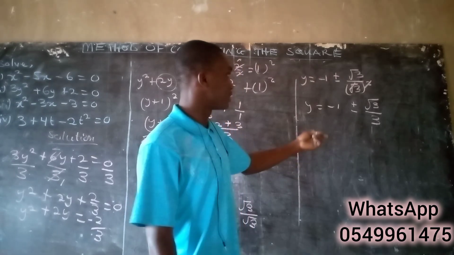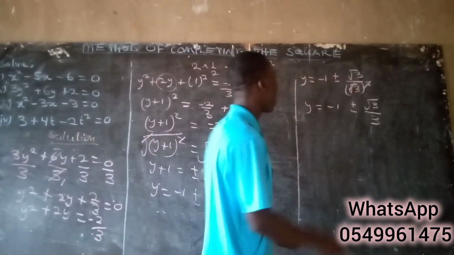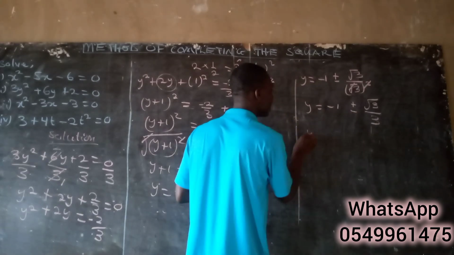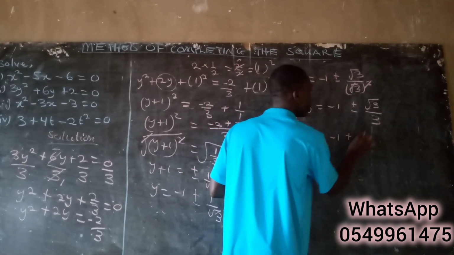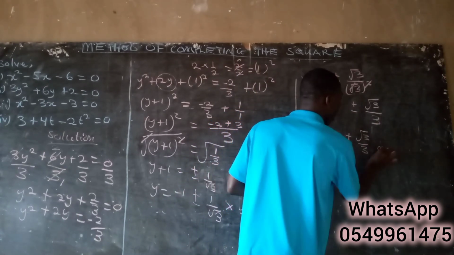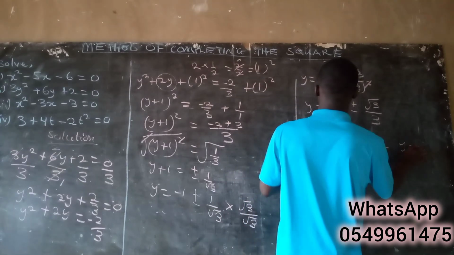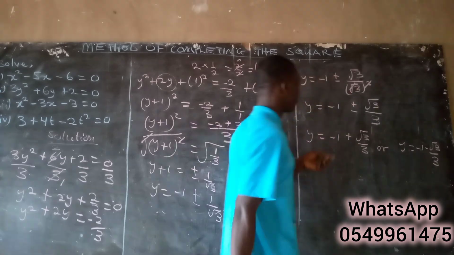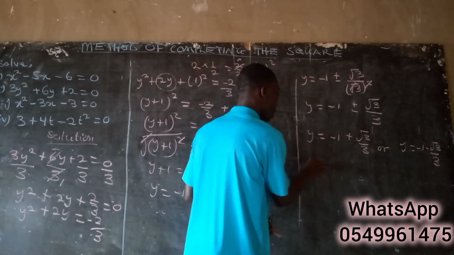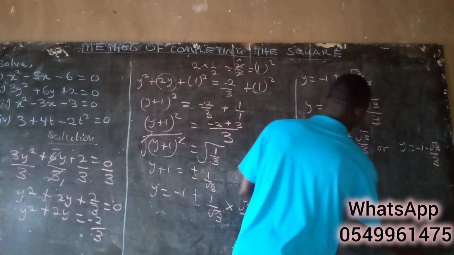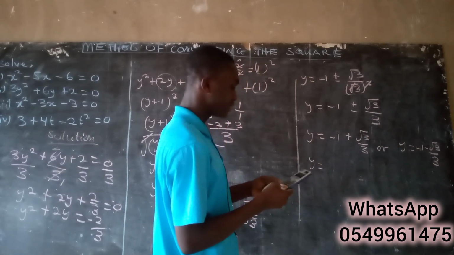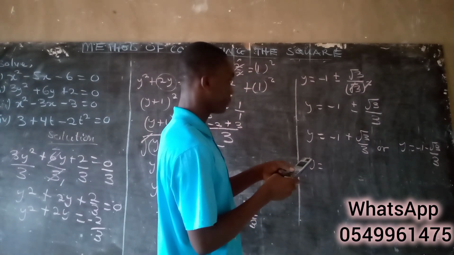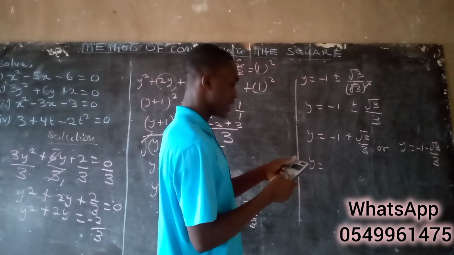So you have this. And what this means is that one of these is plus and one of these is minus. So you have y is equal to negative 1 plus root 3 over 3, or y is equal to negative 1 minus root 3 over 3. Either of these. So let's solve this. For this one we have negative 1 plus root 3 over 3, giving us